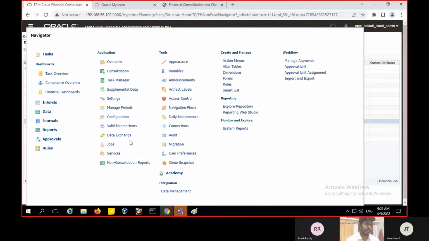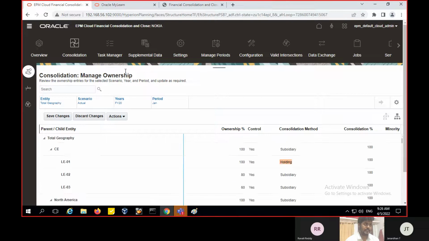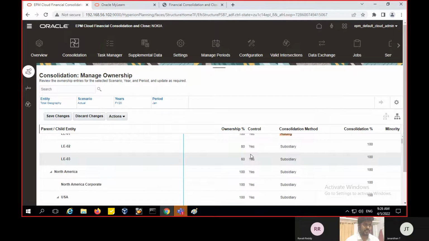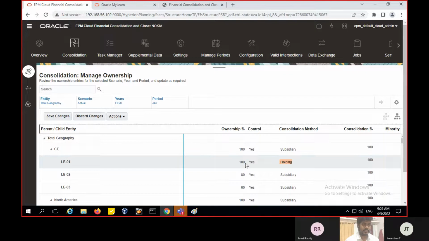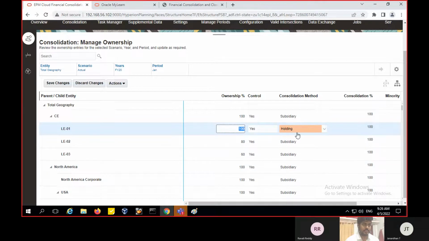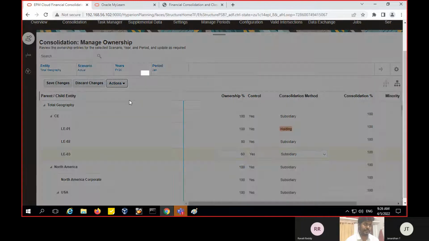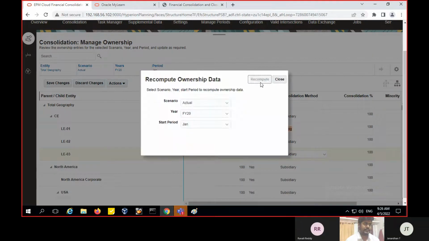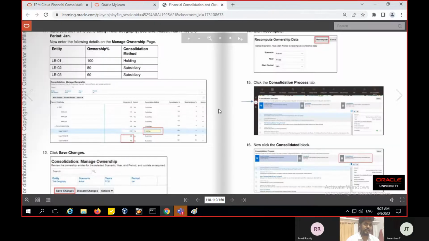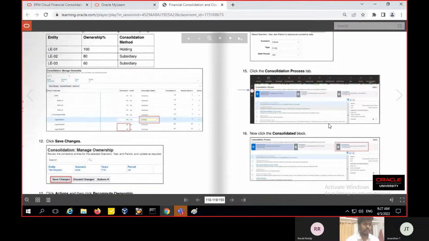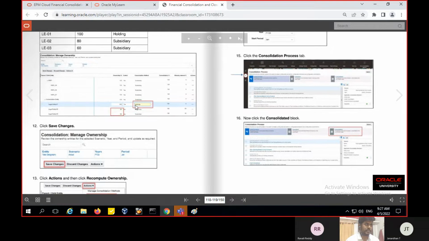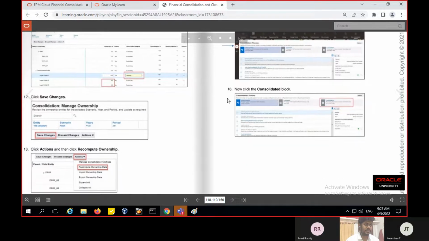Under the after consolidation we have to enter the application in the consolidation. So I'm selecting the consolidation and earlier I have given the entity, and LE01 is the holding company, LE02 is the subsidiary, and LE03 is the subsidiary 60%. So we have to recompute the ownership data after giving the values for the entity members. So after refreshing the consolidation data, we have the save and actions and recompute the data,